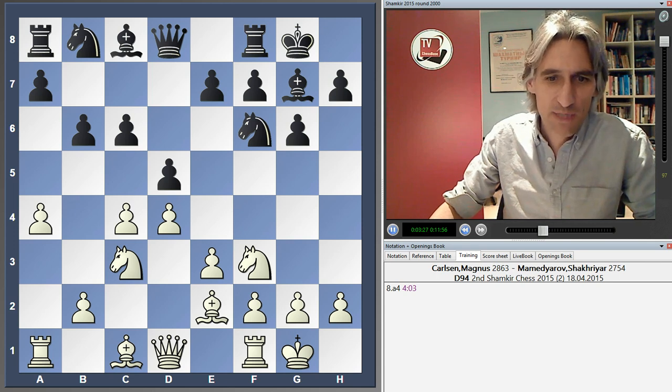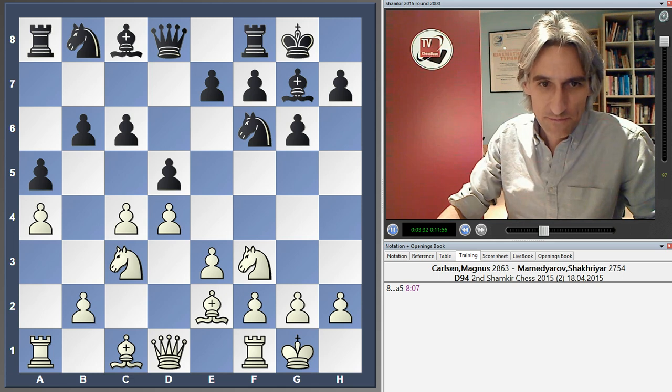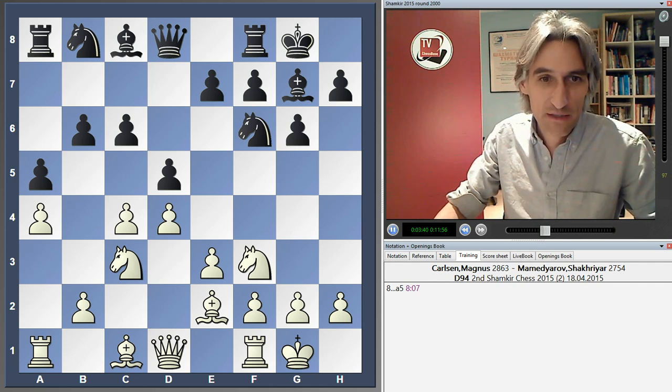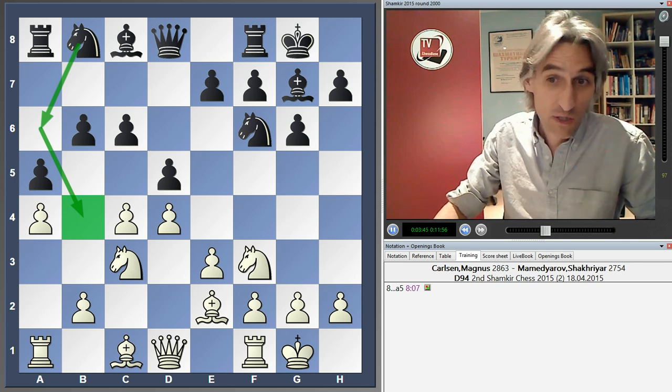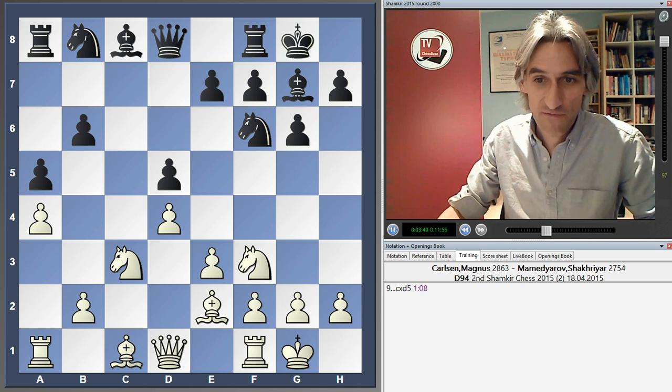And after 8 minutes, Mamedyarov played a5. Well, a very forthright answer. That a-pawn is going no further, and it also means that black can perhaps try to use the b4 square for the knight. But after just a minute's thought, Magnus exchanged on d5,